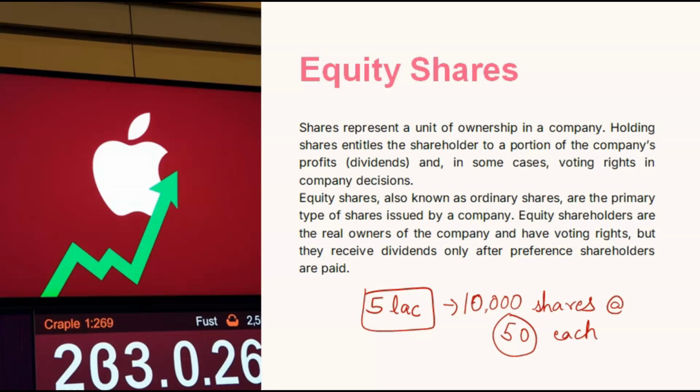Okay, and based on how many shares a person has purchased, he will be the owner for that part in the company. If a person has purchased 1% of the shares in the company, he is the owner of 1% in the company. If someone has purchased 50% of the shares, let's suppose, he will be the owner for that percentage in the company. Okay, what does that ownership mean? That I will explain to you.